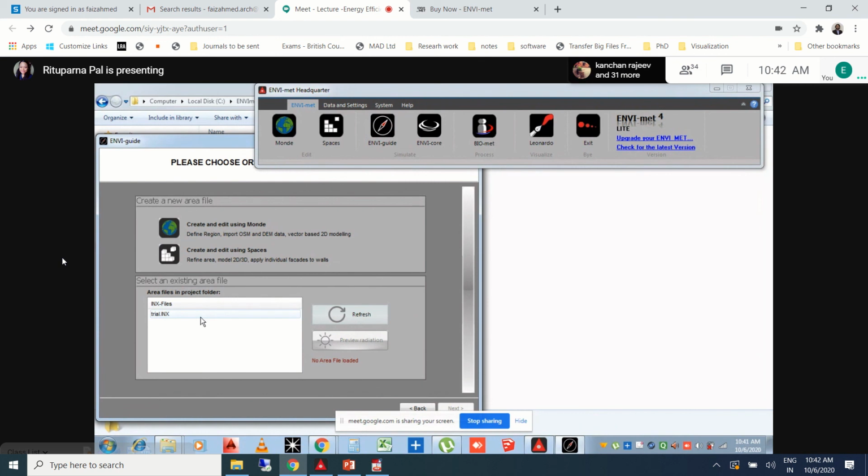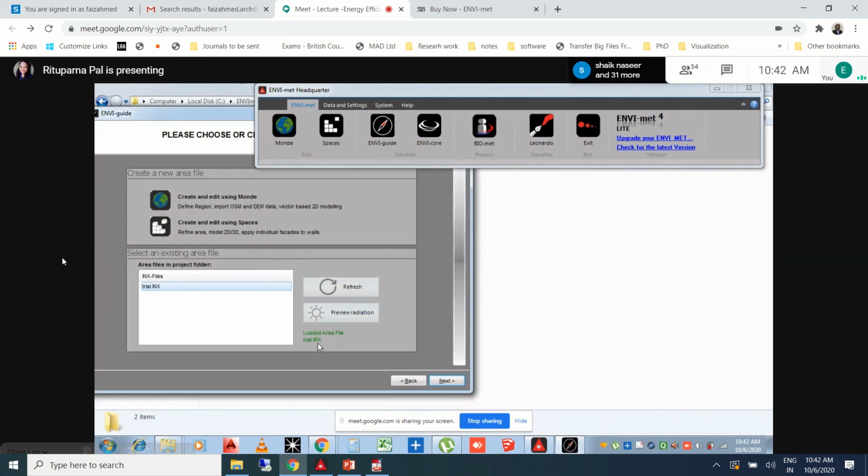Is everyone getting this? Everyone in this meeting is getting this particular thing? Yes, ma'am. Okay, very good. Because this is the INX file which you have created, and this is the area input file which you just saved in your system C. You click on this.